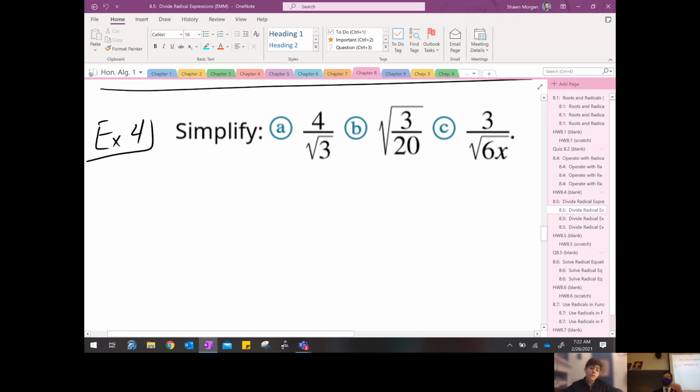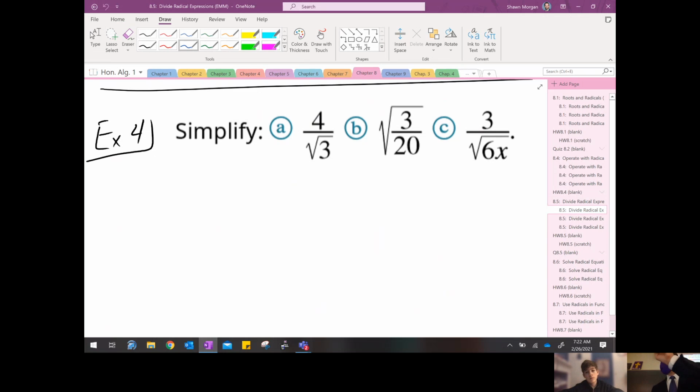It's 4 over the square root of 3. So if I've just told you that's bad form, it's considered unconventional to leave a square root in the denominator, what are we going to do about it, okay? This process is known as, quote, rationalizing the denominator, okay? Write that phrase down, rationalizing